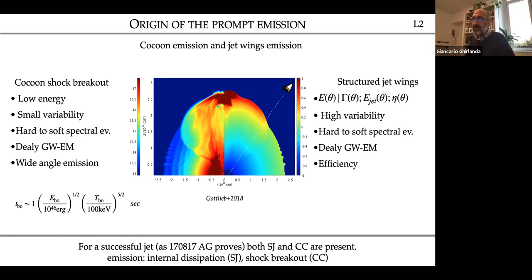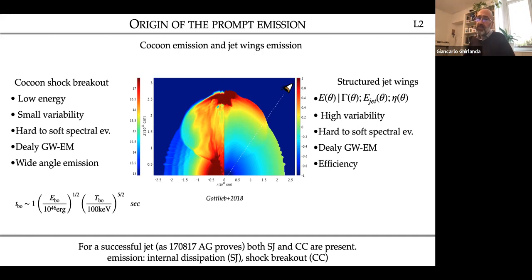The point is that we probably still need to understand better what is the origin of the prompt emission, because at an angle located at 20 degrees, like in this case,